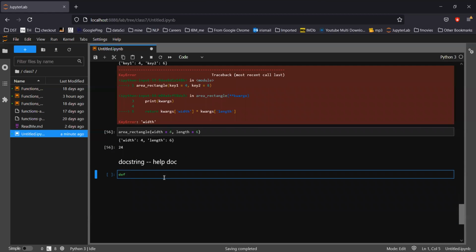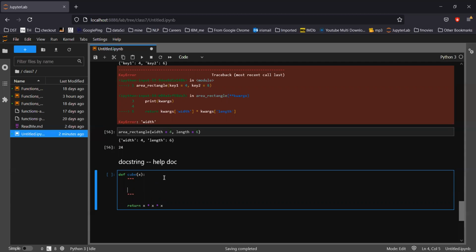So let's say def, and I'm going to say cube. I'm going to write down a function. The value, suppose x colon, and obviously return x into x into x, because that's the cube. Okay, so how will the doc string help? A doc string starts with 3 single inverted commas, or you can use double as well, but those should be in 3 and 3.